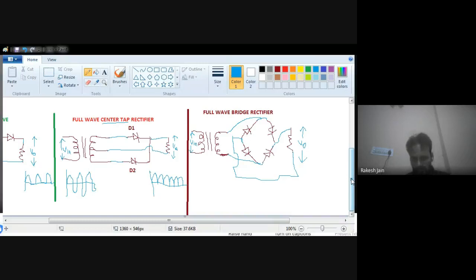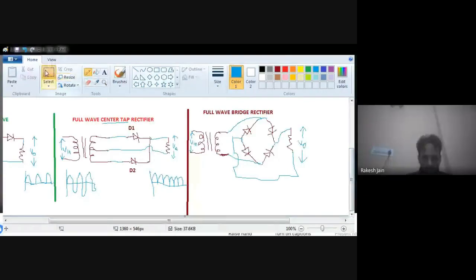The two anodes are connected with each other, the two cathodes are connected with each other, then the anode connection and cathode connection are connected with a resistor, and we will take out the output. The rest of the terminals, one anode and one cathode, are connected with the upper terminal of the transformer, and one cathode and one anode connected together are connected with the transformer's lower side. So this is the basic circuit diagram.